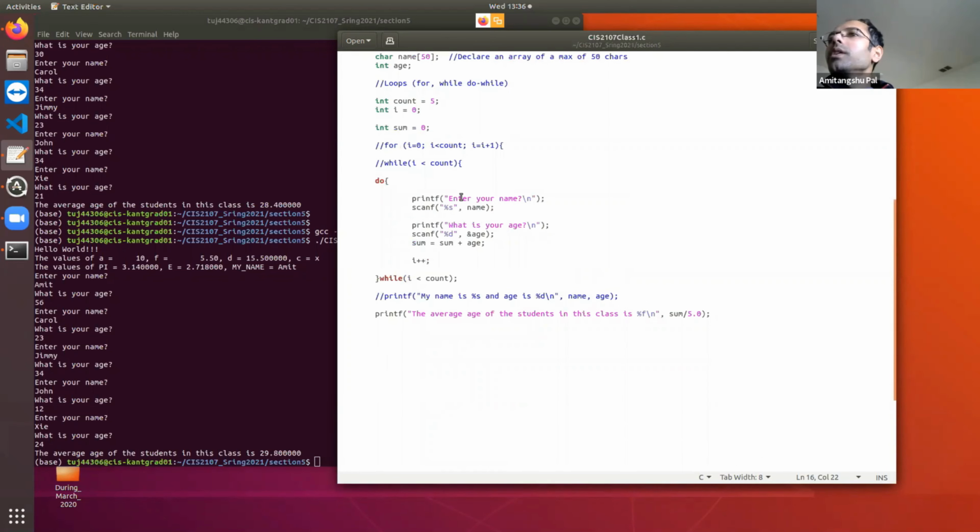So that's pretty much what I wanted to cover in this class, because I just wanted to give you some basic understanding of how to write the first C code, what are the different types of variables that you need to use frequently, how to use a very simple array, how to use printf and scanf, and how to work with different types of loops.